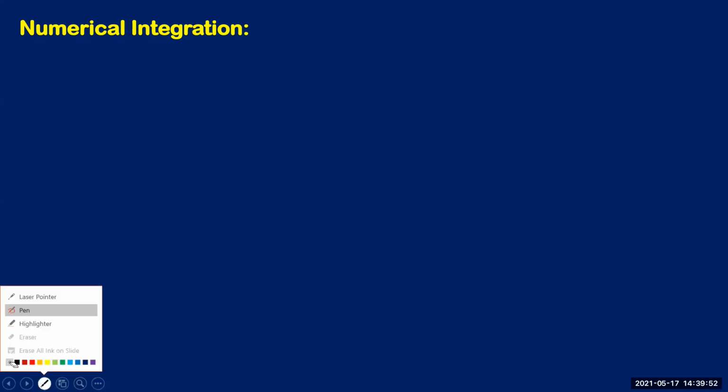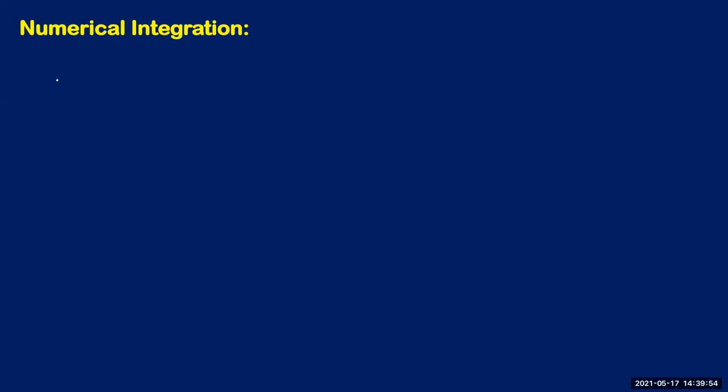Right? See numerical integration. You're already aware of what integration is and how to integrate different functions. For example, when you integrate a function like f of x between a and b, you will actually get some number. If I integrate the function x square between 1 and 2, what happens? When you integrate x square, we normally get x cube by 3, and then you substitute the limits 1 to 2, right?